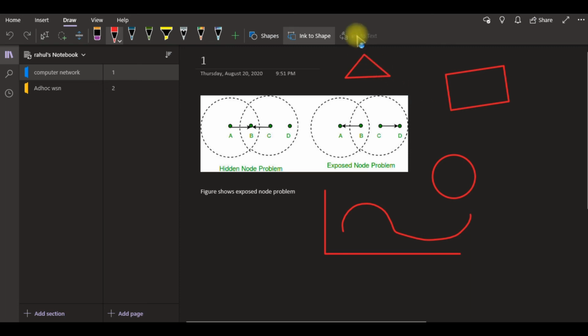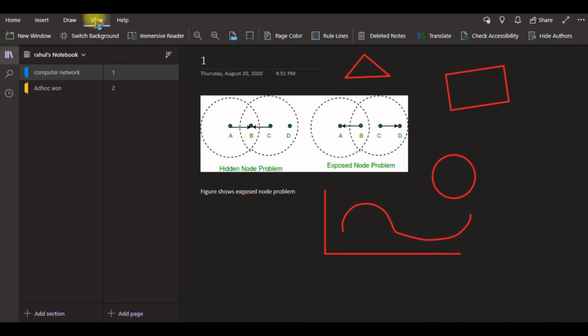And ink to text is also possible. So if you choose ink to text, for example, here I am going to insert view. The next tab is views, switch to background.